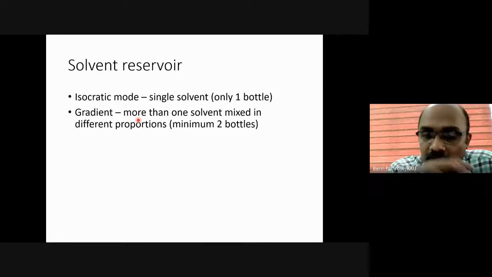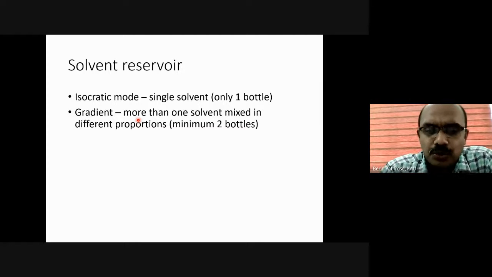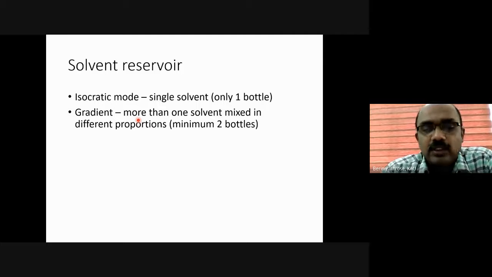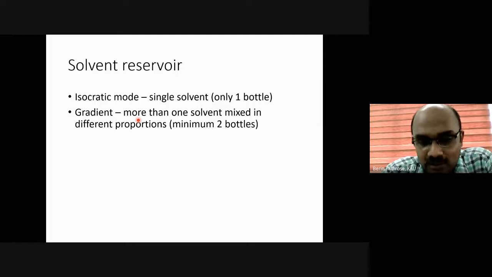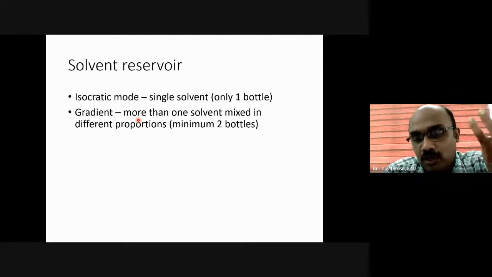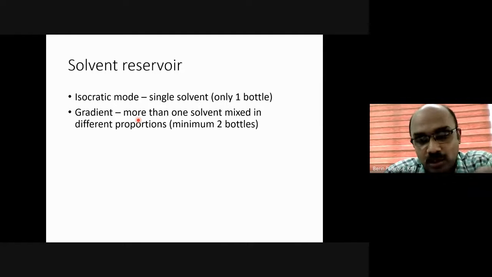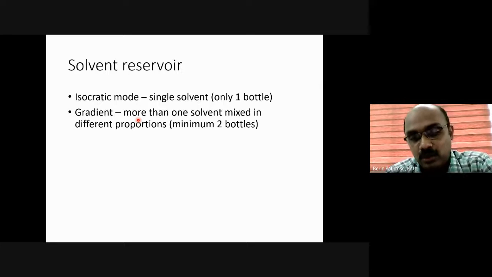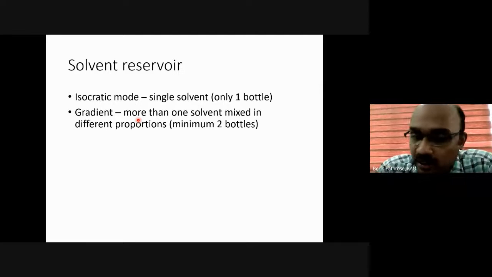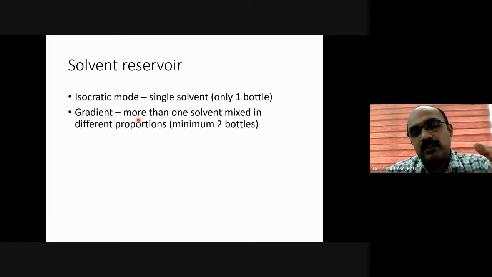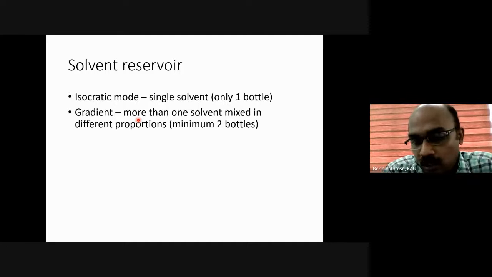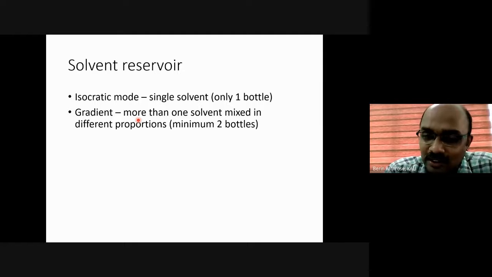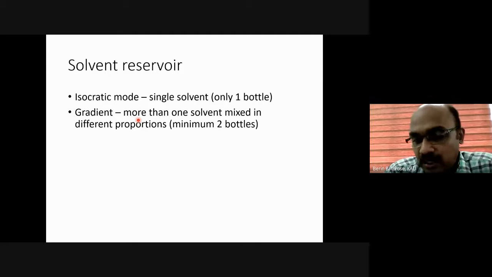Okay, sir. We have a quaternary HPLC system over here, but usually we use it as a binary system because for most HPLC analyses we need to use only a two solvent system. One bottle may have methanol and another bottle acetonitrile. These two are the solvents which we normally use in pesticide residue analysis. So one bottle will have acetonitrile, one bottle will have methanol. So here, though we have a quaternary, we use it as a binary system.